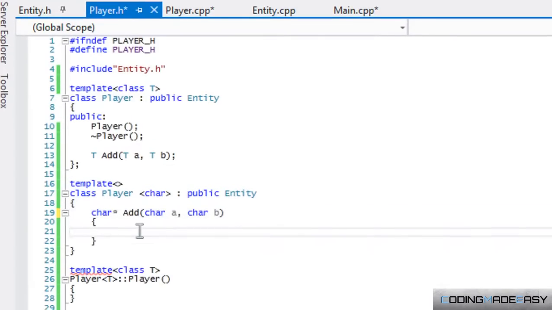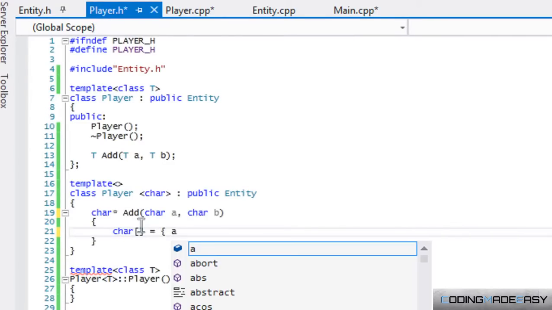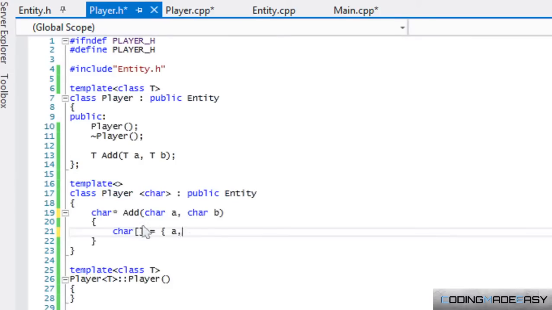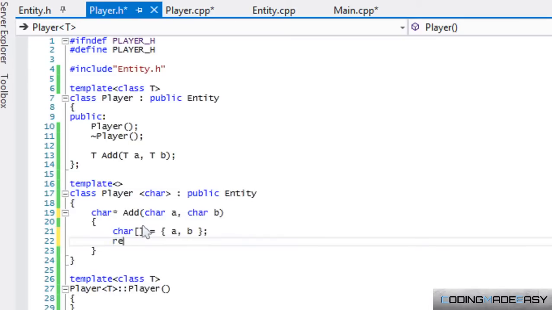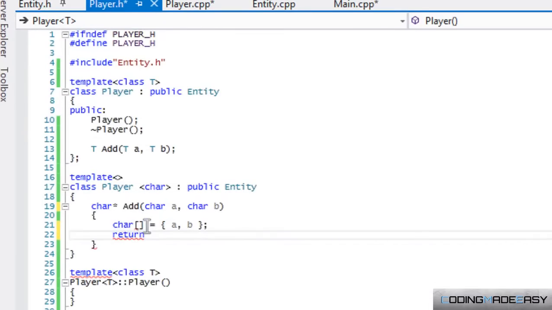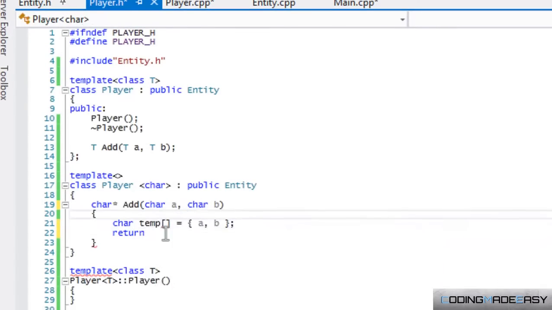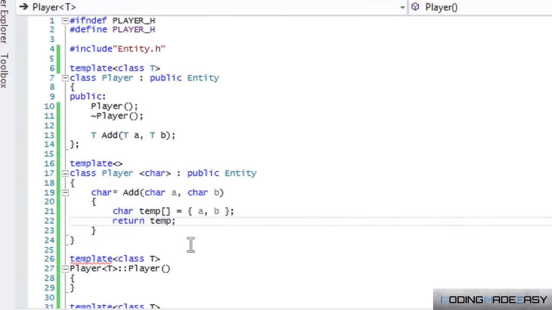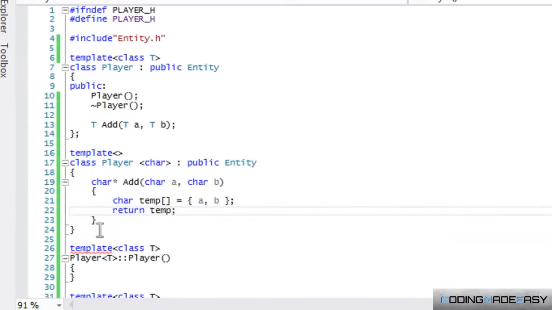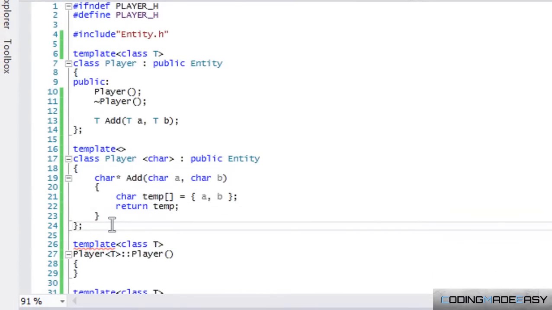Okay, so we'll create a char array, and it's equal to A, B, and then we will return, oh, we need to name it, sorry, so let's just call it temp, and we'll return temp. Okay, so that's what will happen in this function, and don't forget to end the class